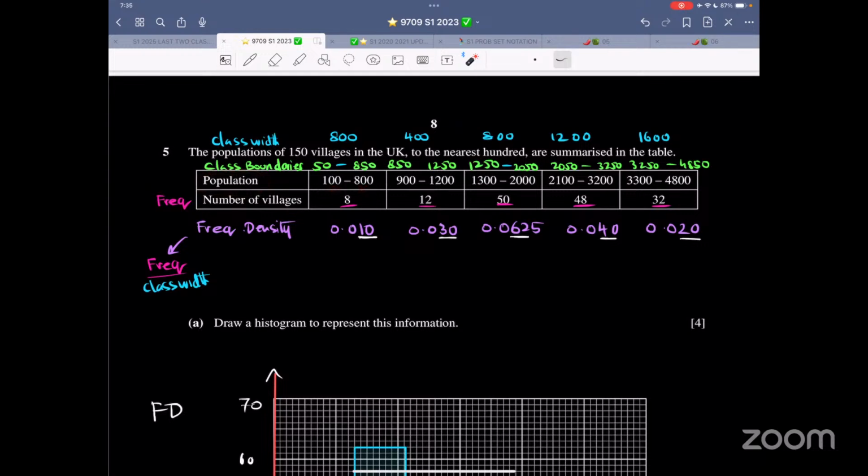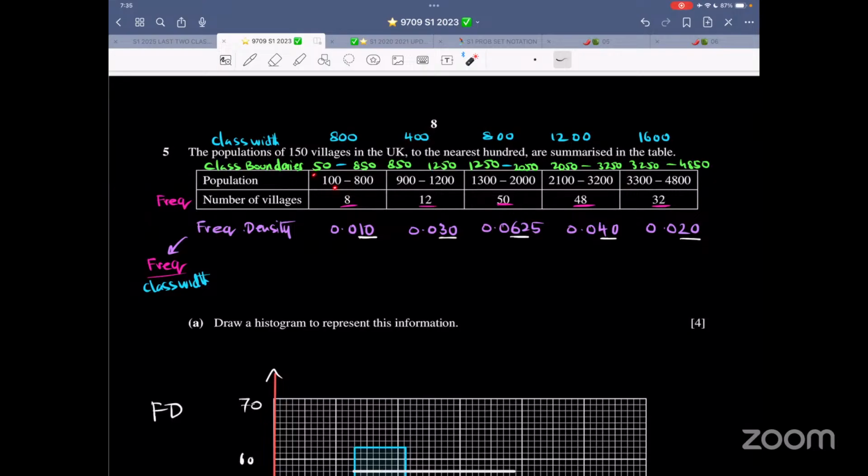Now, a lot of people ask this question: how do we know if it is a class interval or a class boundary? Very simple. For a boundary, there should be something common. But over here, it's not common. It's ending at 800, starting at 900. It's ending at 1200, starting at 1300. So there is a gap of 100 units. Whatever the gap amount is, divide by 2 and add and subtract. From the lower class limit, we would subtract. To the upper class limit, we would add. So that is the first thing that I'm focusing on.